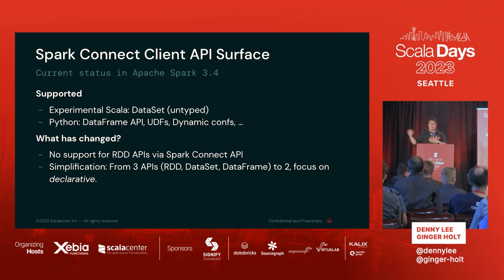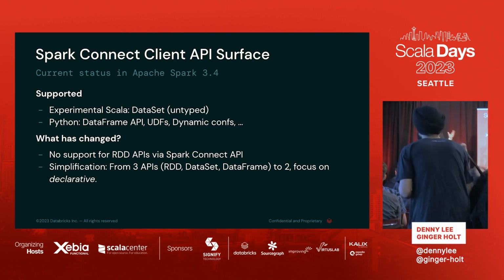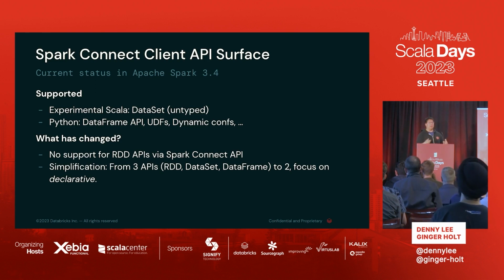With Python, we didn't have to worry about all those things, so that's the reason it's already working right now. The one thing to call out is that, because we're working with the dataset and data frame APIs, we're not supporting RDDs for Spark Connect initially. For the vast majority of you, you don't care what I just said, mainly because you don't want to run RDDs anymore, which is fair, okay?